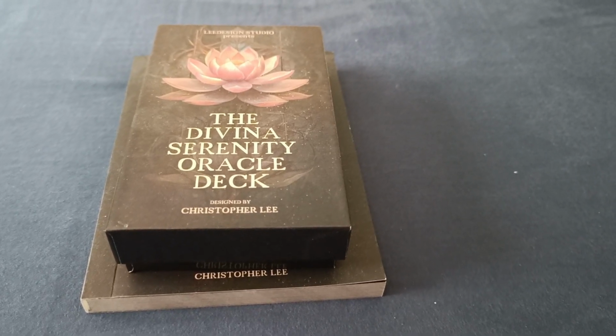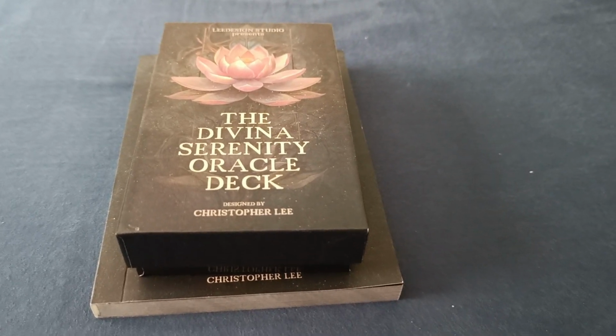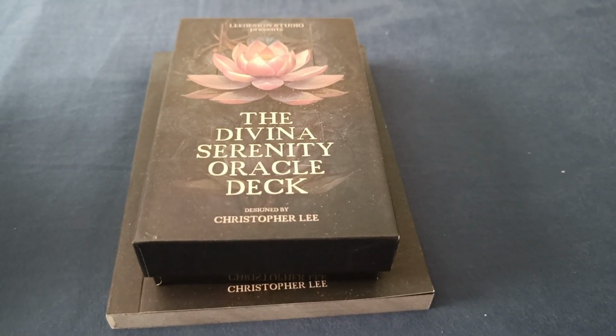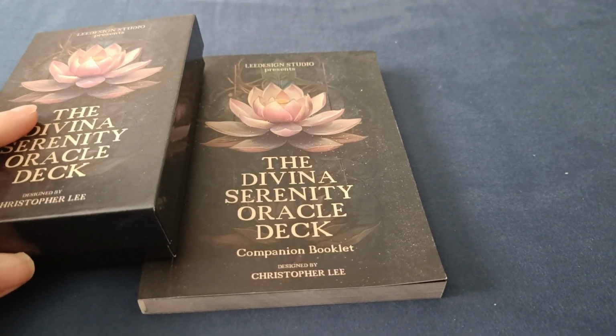Before I bought these, both of them I got off of Kickstarter, and I thought they were really well illustrated, and they've got the books, which I had to pay extra for, but